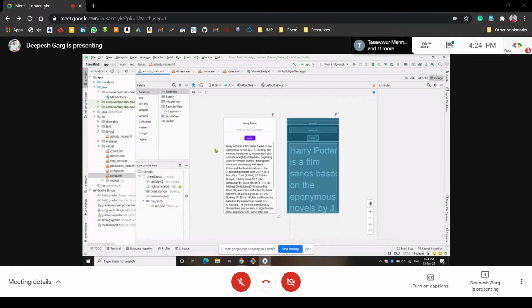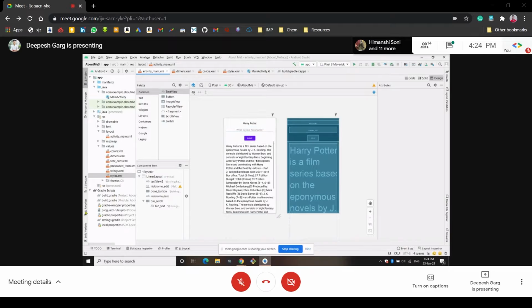Okay, so whatever we write in this edit text view, it would be transferred to this hidden text view that we created yesterday. This is called nickname underscore text. It is the hidden text view. And after that, after clicking the done button, this edit text view, the one we created, is called nickname edit text view.